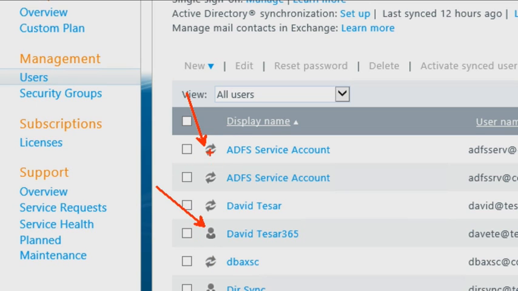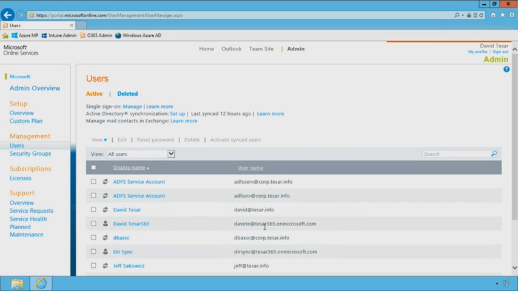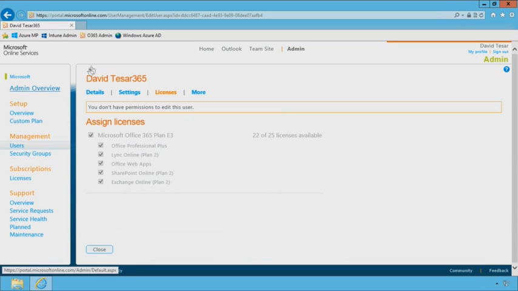The difference being that those little synchronization ones are from DirSync. DirSync has synchronized that account up into the cloud from my corporate credentials. And then these user ones are user accounts I've manually added into the service. So when you look at this, you can see it's just Microsoft accounts for those manual ones. And this database is shown in a number of different places. So for instance, here, there's also this